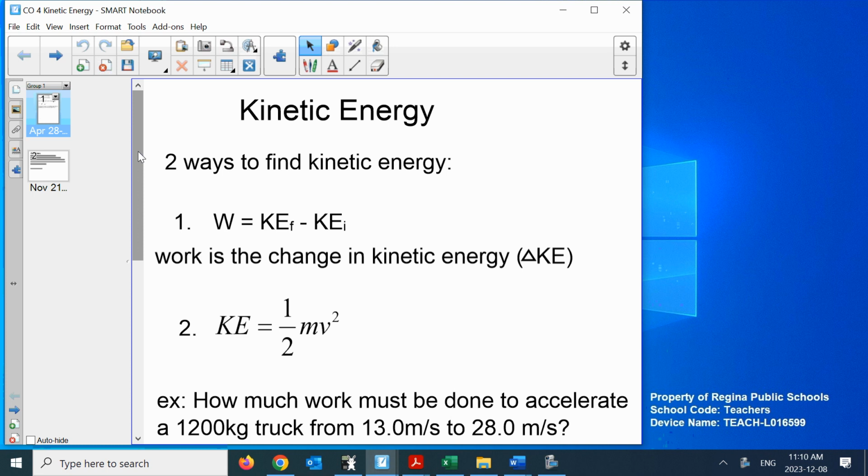So, kinesiology. Kinematics was the speed, distance, time, acceleration stuff that we did without looking at forces. That's dynamics. So, kinetic energy is the energy of movement. Two ways we can find it. You can do work, and it's equal to the difference in final and initial kinetic energy. That's the change in kinetic energy. The other one,